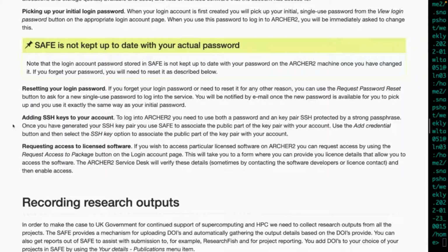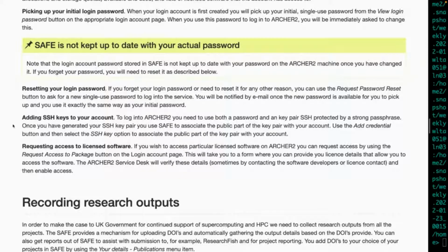Something you shouldn't do, I'm just going to note here, is copy your public and private key to every new machine that you want to use, because that essentially defeats the point of using the whole public-private key pair system. The whole idea is that if the private key never leaves the system that you create it on, it should in theory remain secure. It should be the public key alone which goes